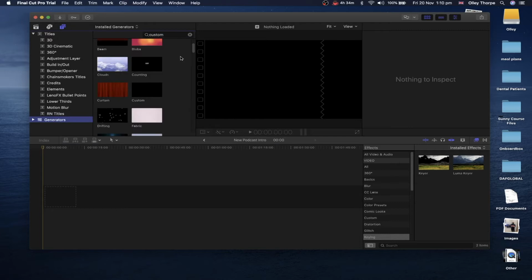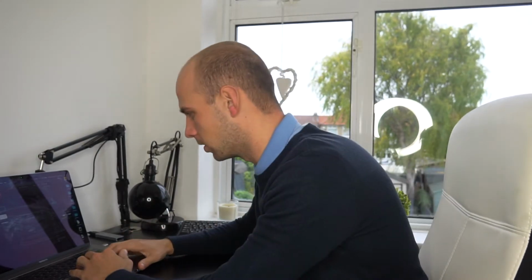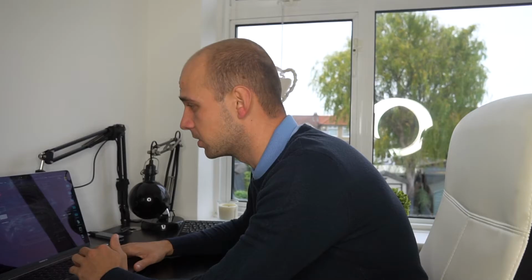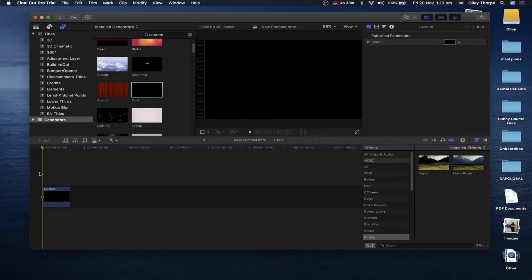So the first thing I would start with is a generator and just sort of map out how long I want this clip to be. So to be fair, around 10 seconds is bang on, because we don't want it to be too quick, we don't want it to be too short. Like, we want it to be nice and precise and just tell everyone what it is, and just start designing